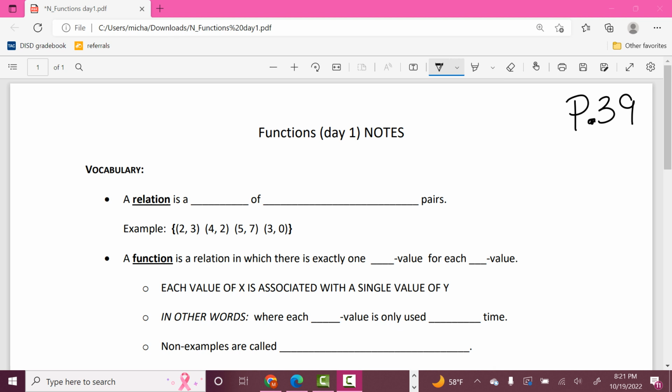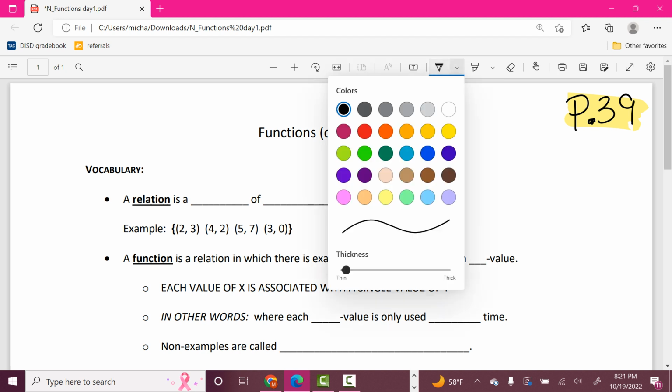Okay, today we are learning about functions. So let's get started with vocabulary. If you haven't already, please title this page 39 for your binder in the 2022 to 2023 school year. Okay, a function,